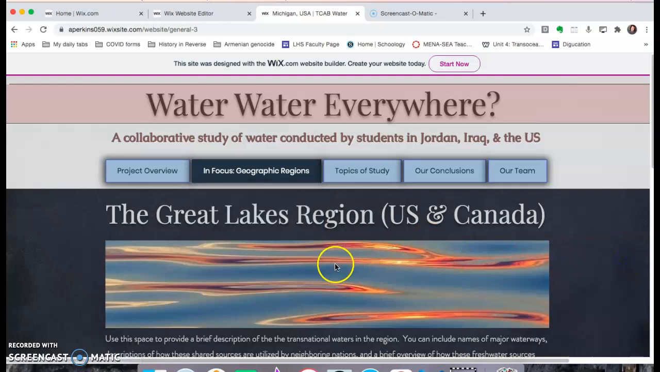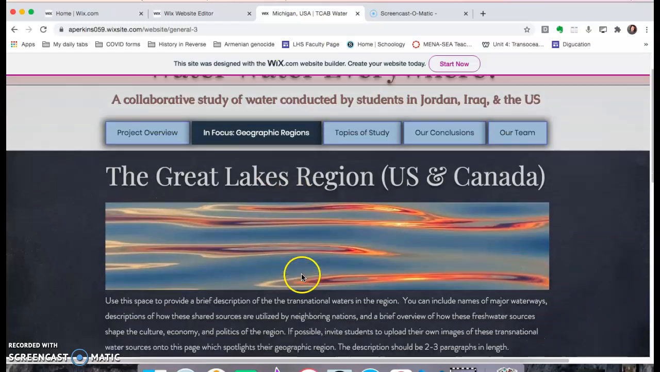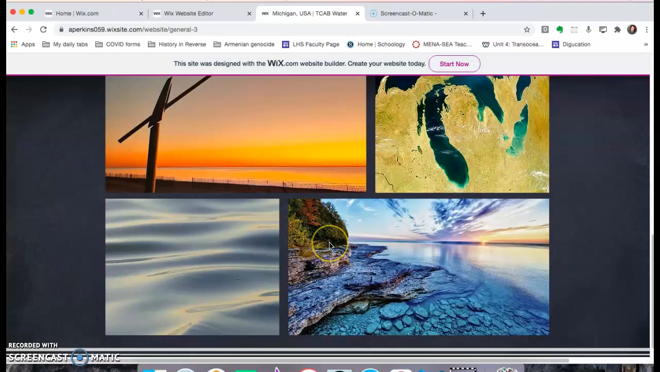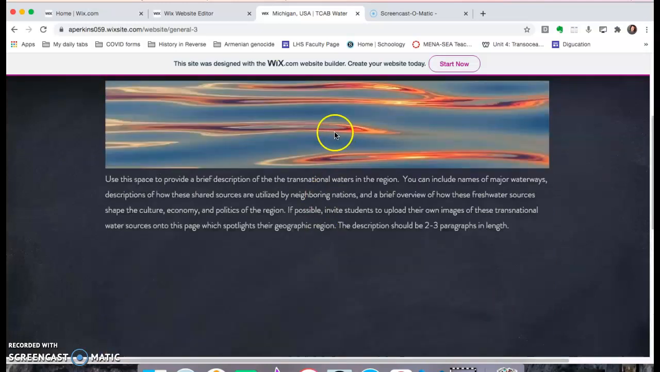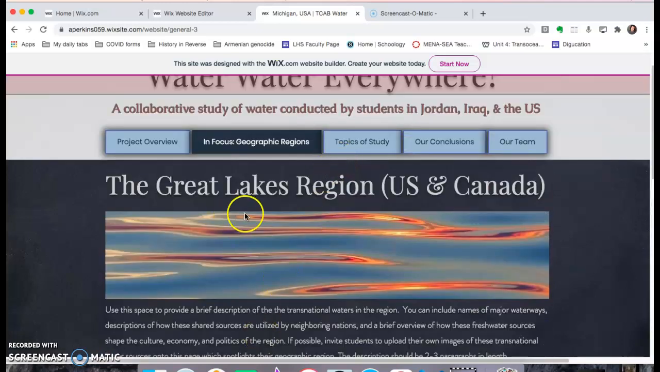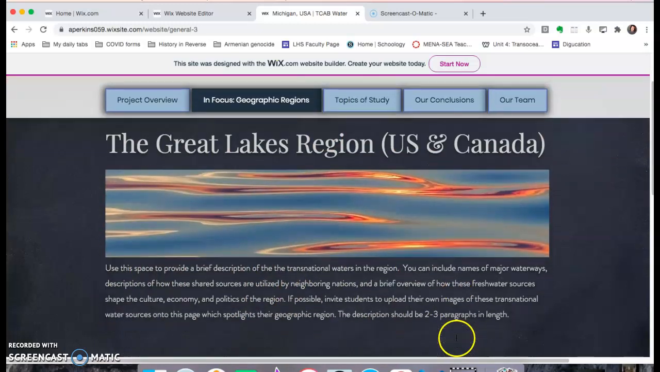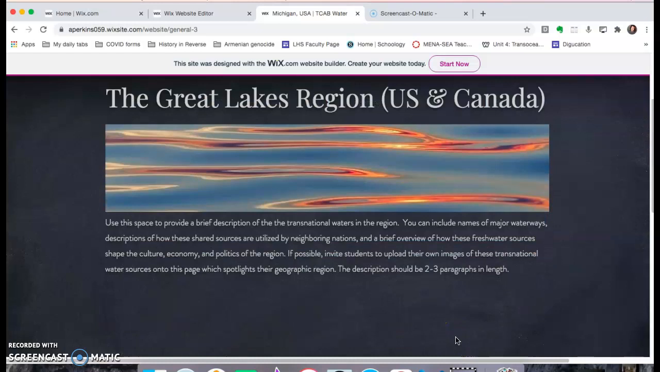So my thought was that students could use pictures that they have of the water that they're researching. So I would prefer, these are just images I have of the Great Lakes. I'd rather have my students give me some images that they've taken, and I can upload it to the site. My thought was that they could just provide a brief description of the focus of their study in that region. So for my students, they will be typing up a brief description of the Great Lakes and how we use